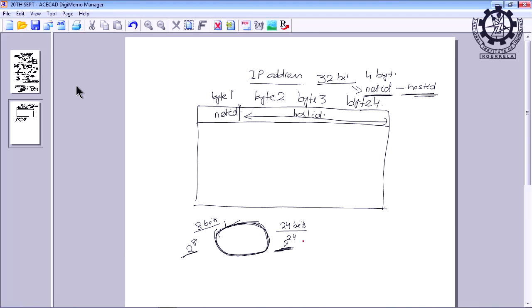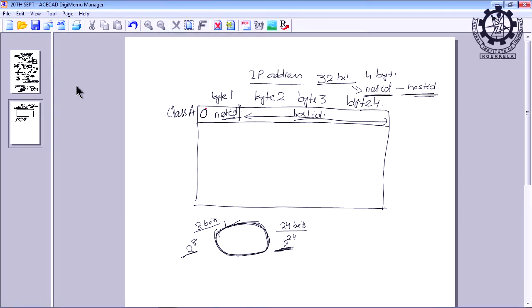The network having 2 to the power 24 number of systems or hosts. So, to classify this kind of addressing schemes, the first class is the class A addressing. Class A addressing, where 1 byte is used as the net ID and the rest 3 bytes are used as the host ID. And out of this 1 byte for the net ID, the first bit or first digit is